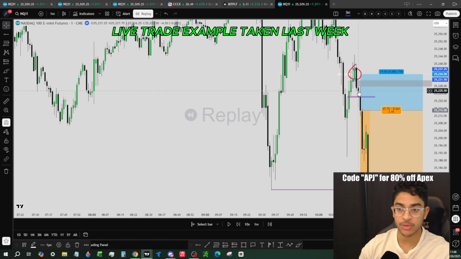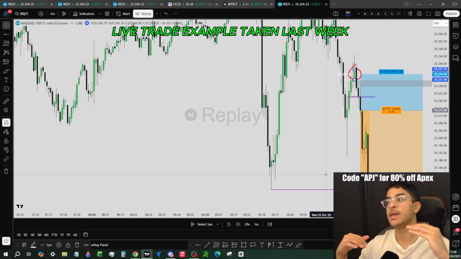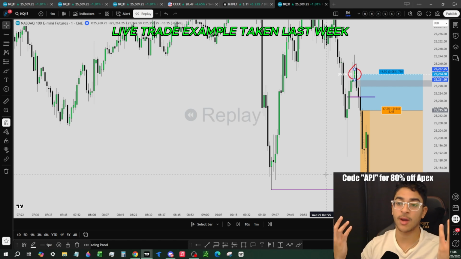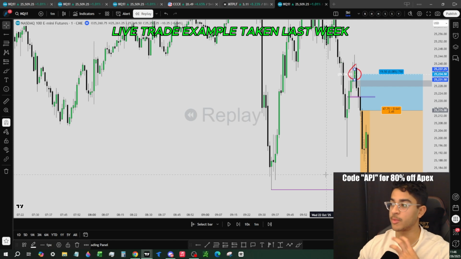That is one PD array protecting our position. And then our second PD array is this bearish fair value gap. So we're going to let price tap both of those. If we tap both of those and continue higher, obviously something is wrong with my trade thesis. It just doesn't want to work out. That's all good. That's a stop out I'm happy to take, right?